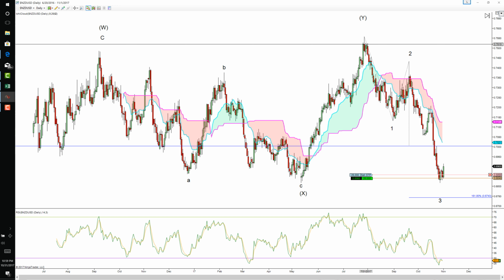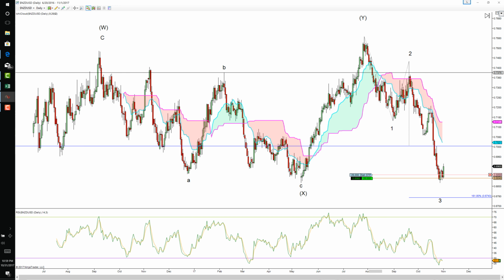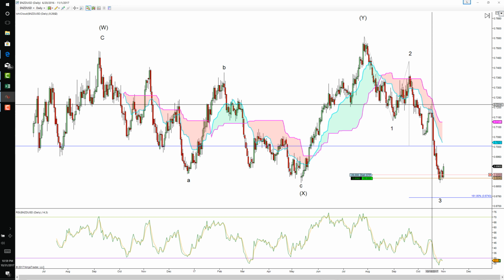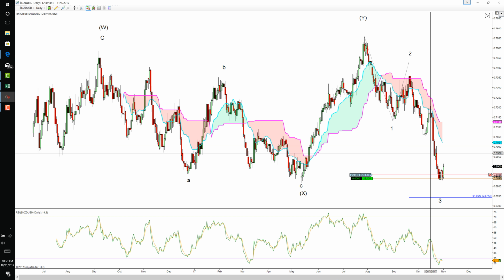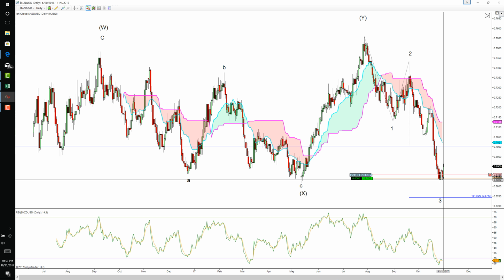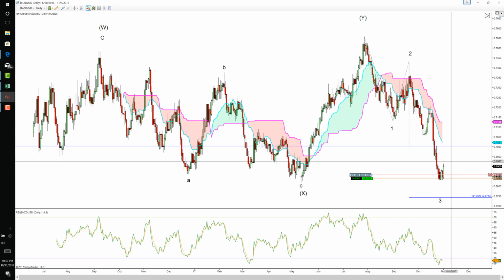I'm not sure exactly what it is, but you can clearly count 5 waves down here: 1, 2, 3, 4, 5 for 1, 2, and then a 1, 2, and 3, 4, 5 for 3. However, I believe this is wave 3 of 3, and I'm expecting a move up